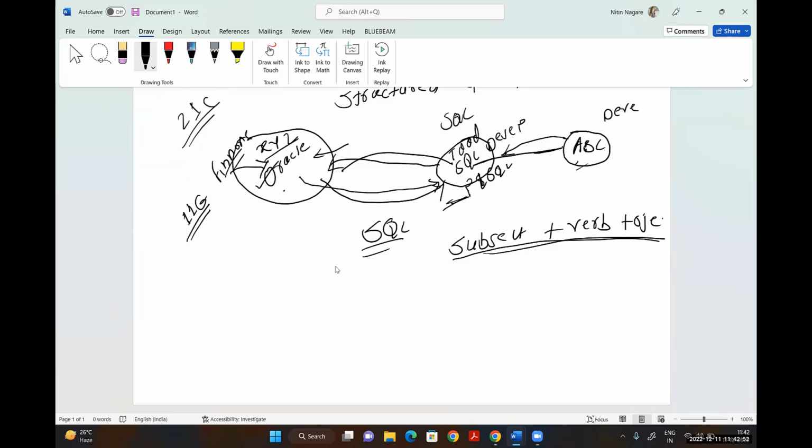Just like, I will give you an example. Suppose this is my company database, XYZ. In this database, there is a user. Suppose there is user HR. We call it a schema. So schema is nothing but a user. And this user HR has created one table called employee. And this employee table has fields.